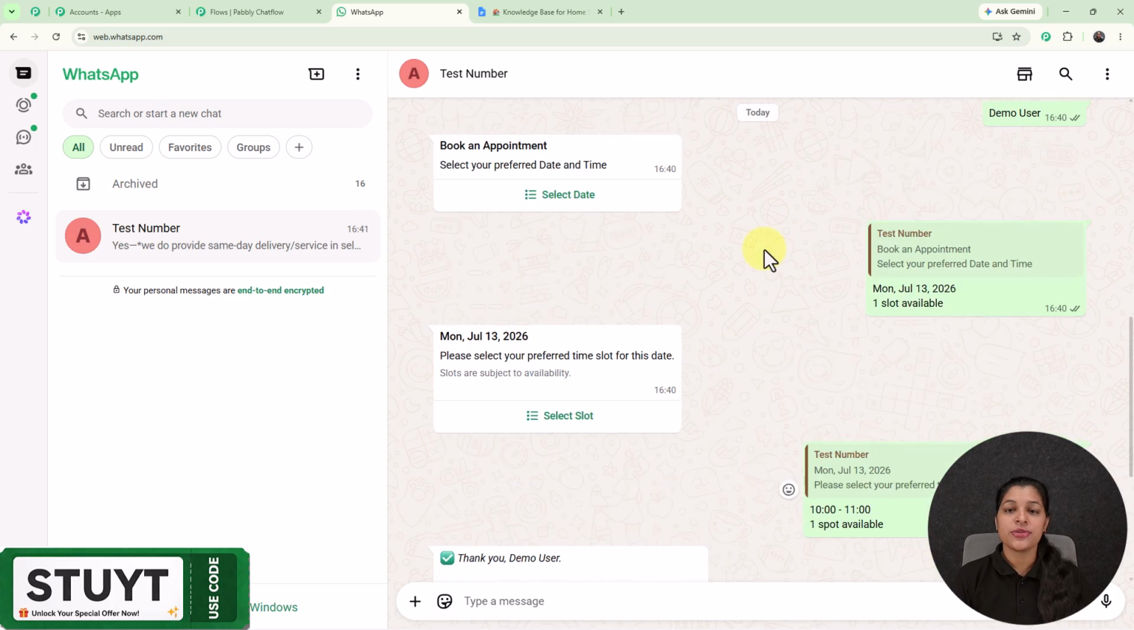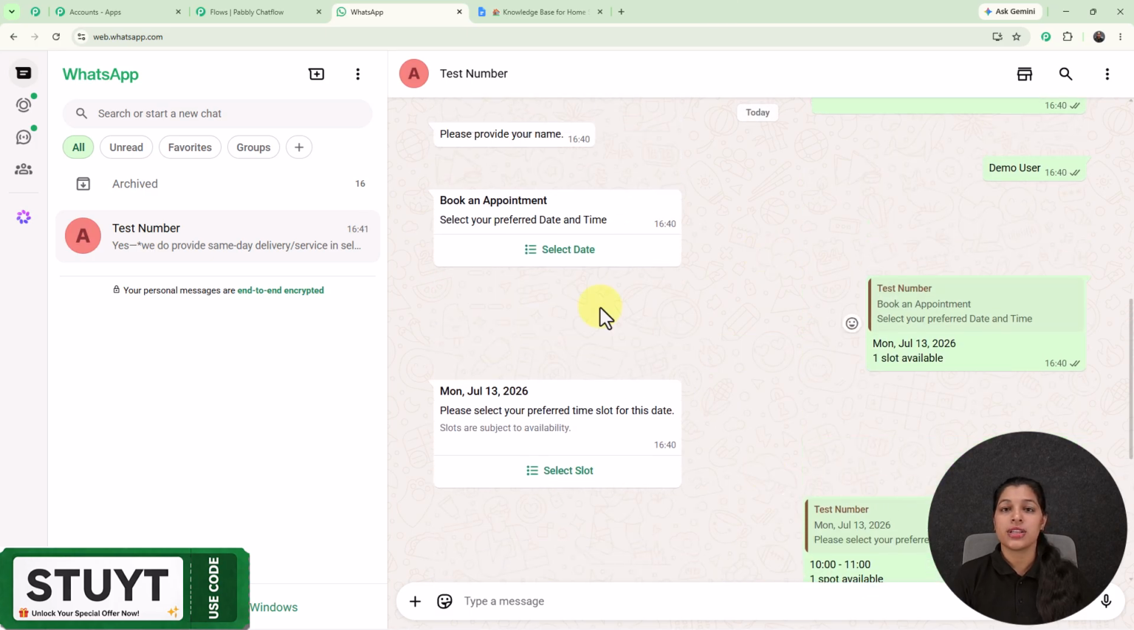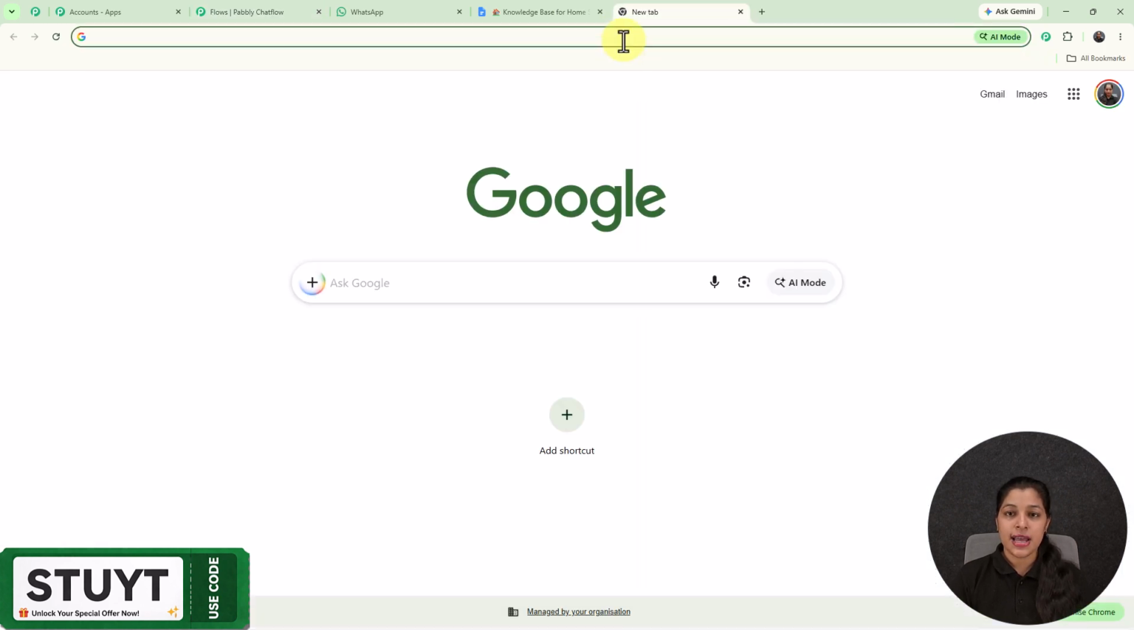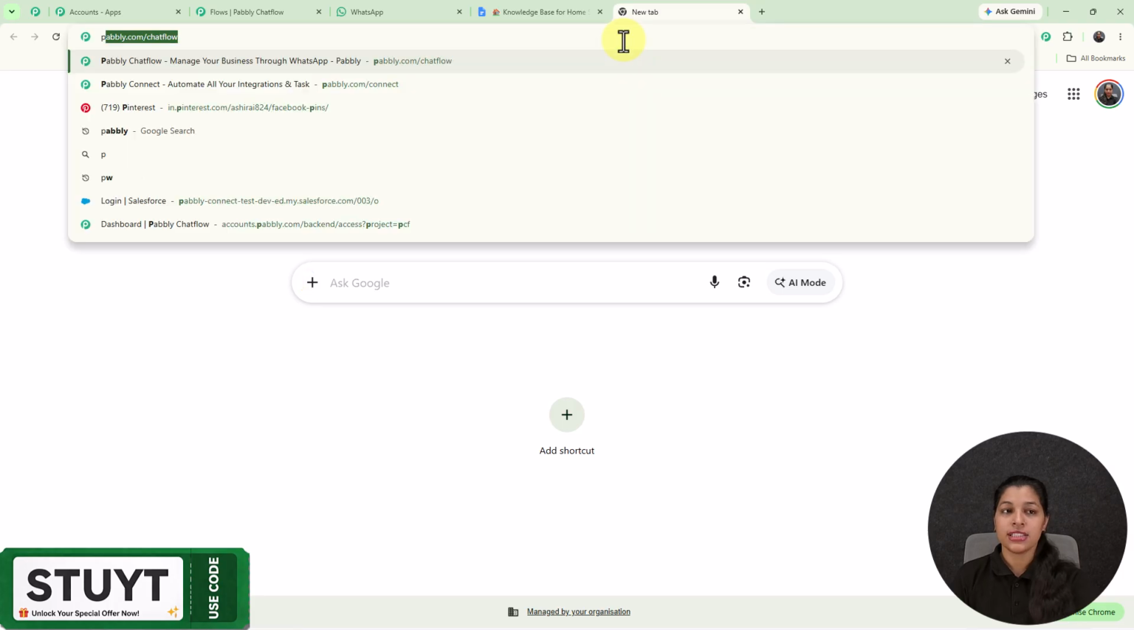So now let me show you how you can also create this WhatsApp chatbot from scratch. And I have created it by using one and only automation tool, that is Pabbly Chatflow. So for creating it, let's move on towards the flow page of Pabbly Chatflow. So right here, I'm on the flow page, which you can get by typing its URL over the new tab, that is